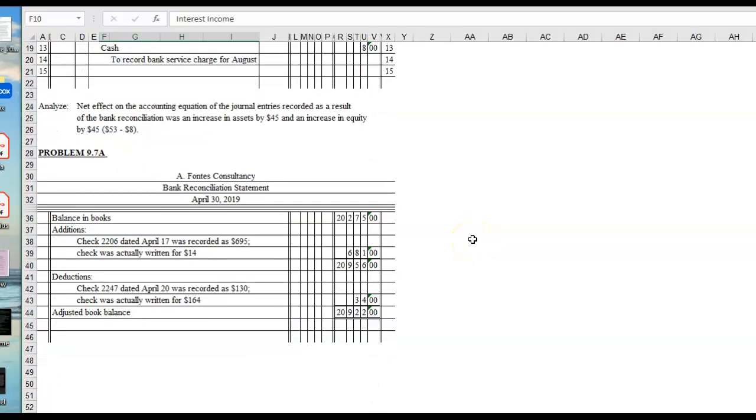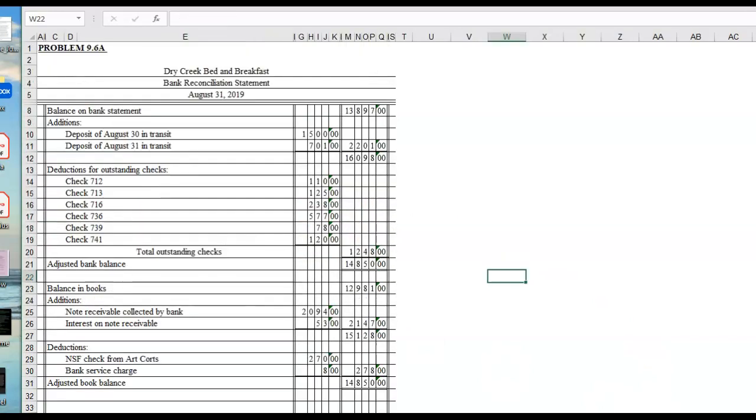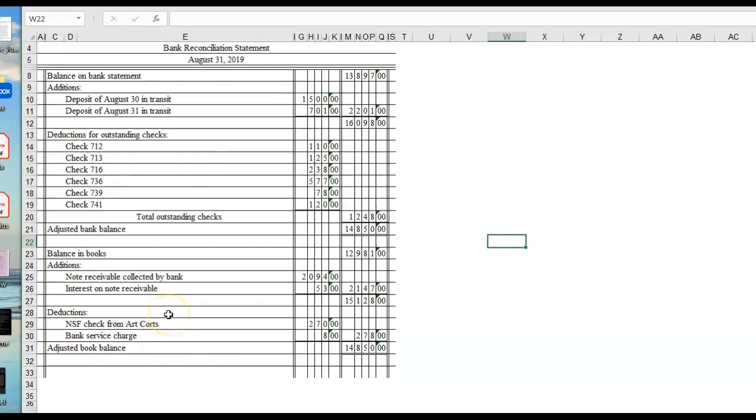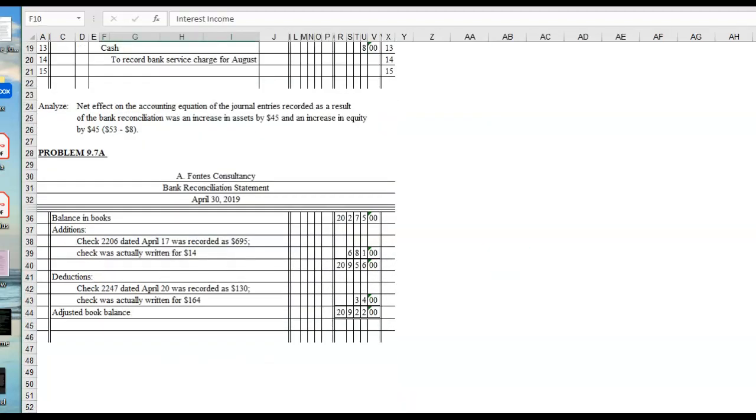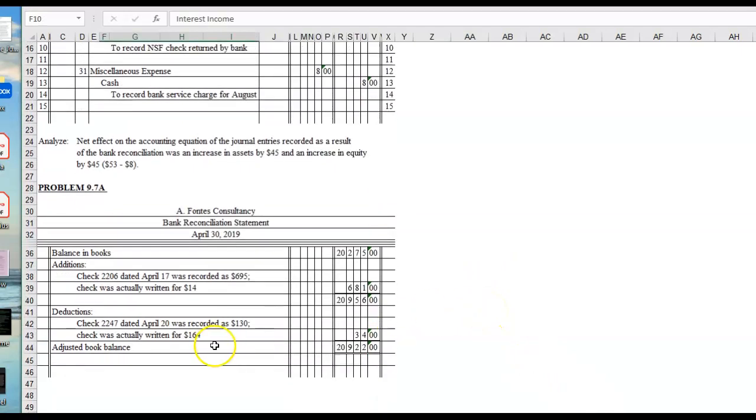And then on the final problem, 9.7, I only made you go to 9.7. They're going to, again, make you do a book balance. And when you do a book balance and not a bank balance, that's when you do the general journal entries. So let's go back for 1 second. This bank reconciliation and the balance of the books, they didn't make you do a book balance. Oh yeah, they did. There's a general journal. Okay. And when we do the book balances, we go into our general journal and put those little errors that we've got to correct for banking. So this one was